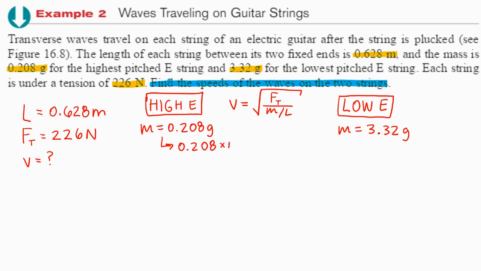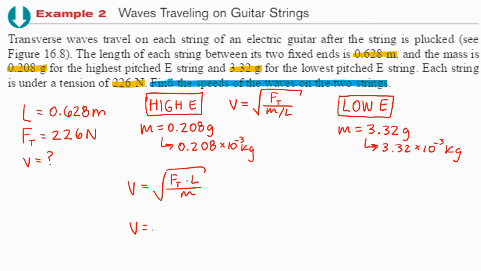0.208 times 10 to the negative third kilograms, 3.32 times 10 to the negative third kilograms for the low E string. So it looks like all we have to do at this point, we don't have to do any algebra, we are just plugging in. Now, if you want to simplify that equation a little bit, since they gave us mass and length separately, you could write it as force of tension times length divided by mass,